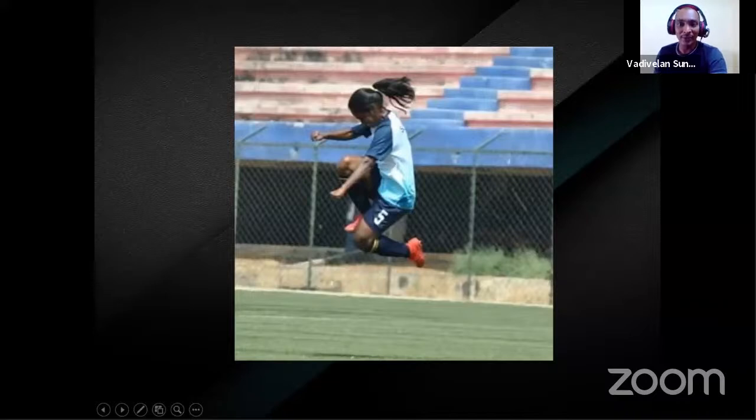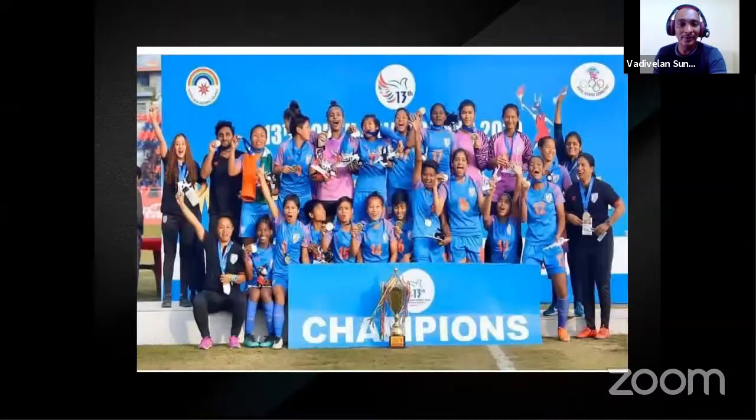The other model I have helped is Sandhya. They are South Asian Games gold medalists in 2019. So these two are Sandhya and Smithra. She is the ACL rehabilitation girl. And these two are from our district. I'm happy to say they are champions in the South Asian Games in 2019. And I had a chance to train these two under my supervision. So this is ACL rehabilitation, and she is getting regular training.